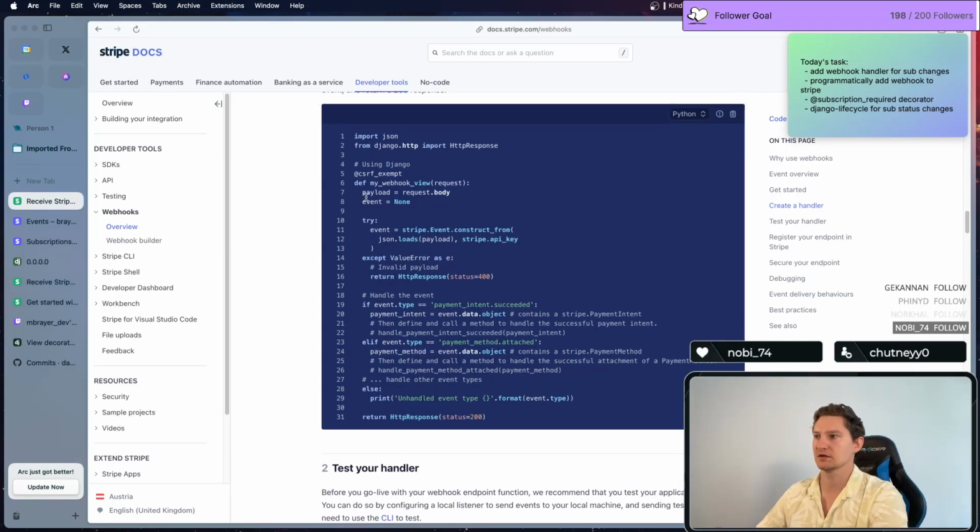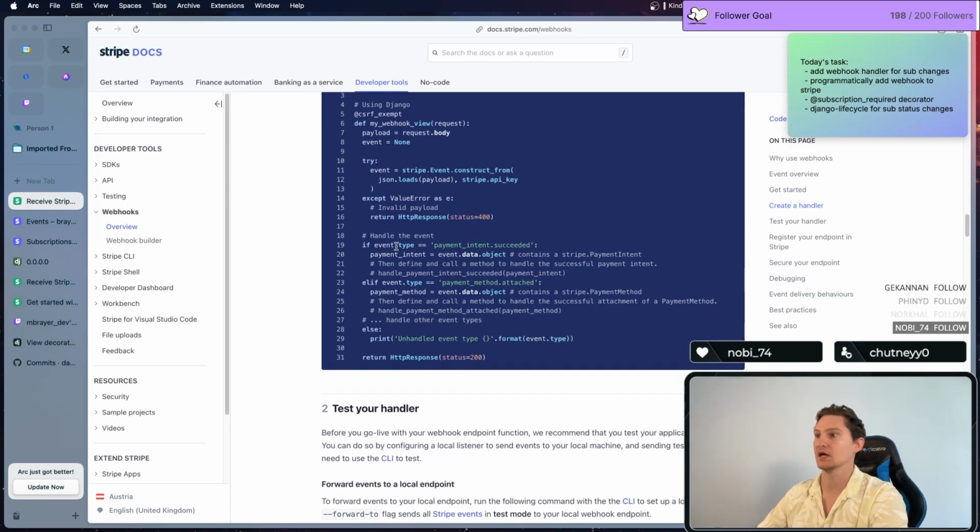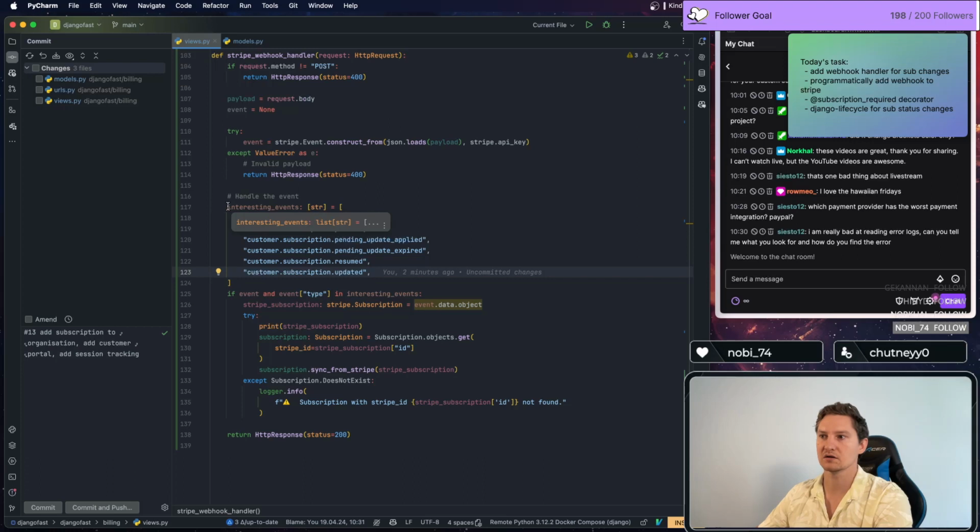Let's go back over this example. So here we have nothing at the moment, pretty much. Then we're getting the event, right? So if there is a value error, then it is an invalid payload, and we return with an HTTP response of a bad request. Then we're gonna handle the event, and this depends on the event type, right? So if the event type is a payment intent succeeded, then the data object will be a payment intent. If it is a payment method attached, then it will be a payment method. And I create a list of interesting events, which means events that we want to listen to, and those are